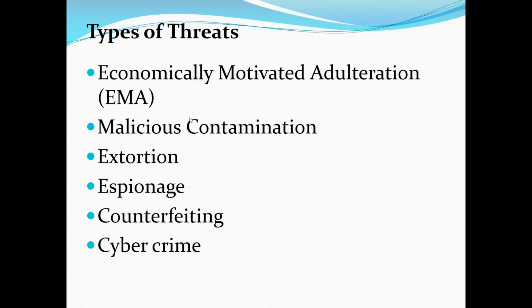There are a number of deliberate acts against food and the food supply which are economically motivated: economically motivated adulteration, EMA, and malicious contamination. As a matter of fact, profit motives drive EMA, to gain an increased income from selling a foodstuff in a way which deceives customers and consumers. This may be passing off a cheaper material as a more expensive one, or a less expensive ingredient may be used to replace or extend the more expensive one.